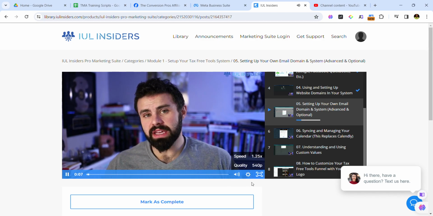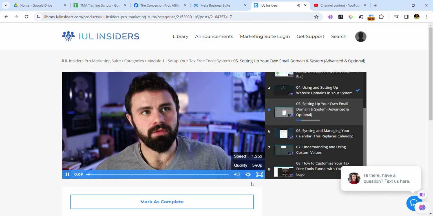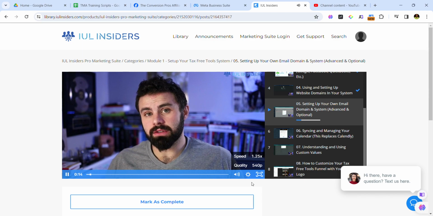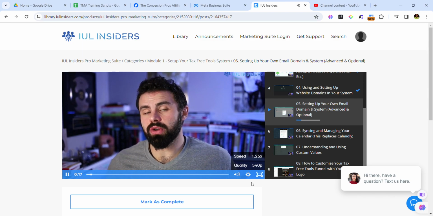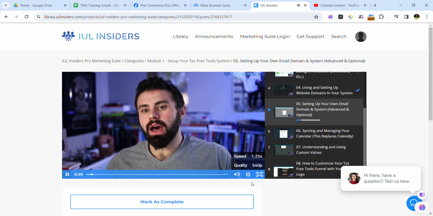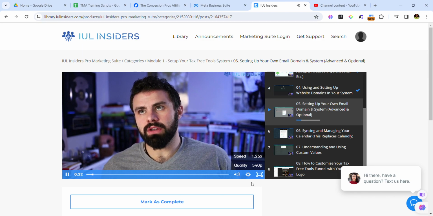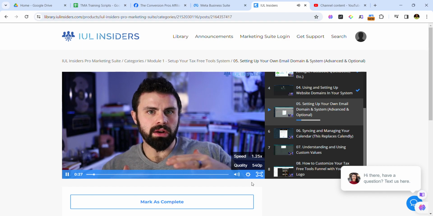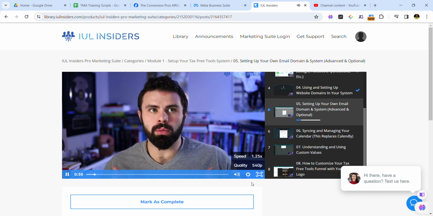Now, this one is a little bit more of an advanced strategy. If you would like to increase your overall email deliverability and really make things a little bit better in your system, this is kind of how you can do it from an email marketing standpoint. We do have the system set up so that anybody coming in can send emails, but we can achieve a little bit better email marketing results and more deliverability,